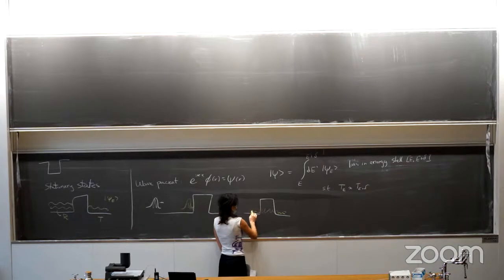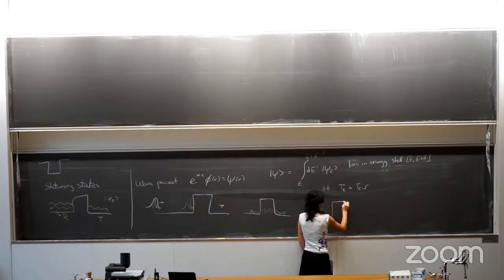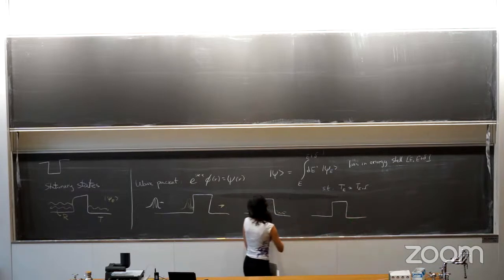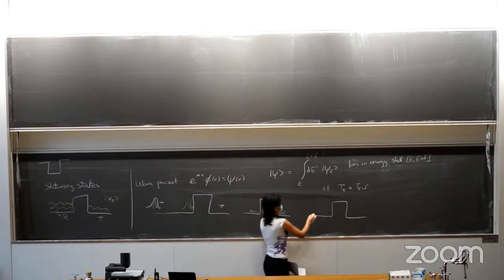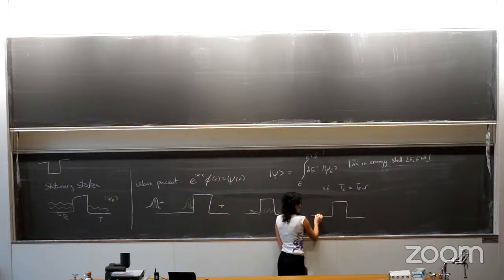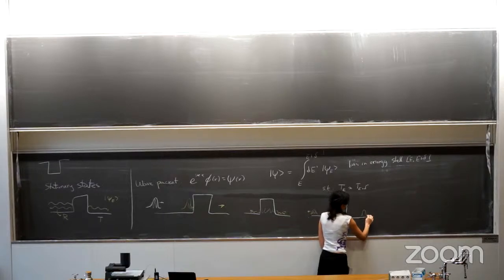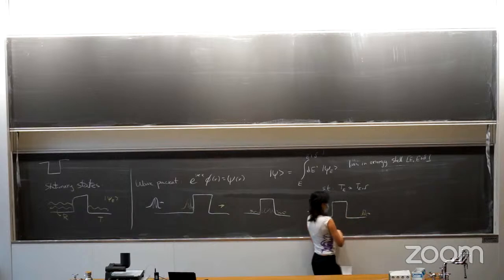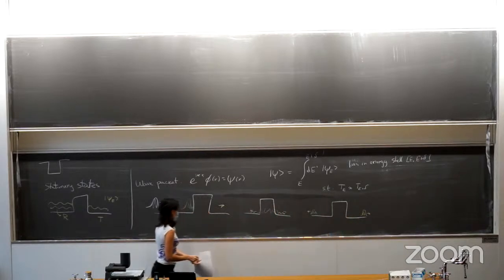And then if you wait enough time, it's going to be approximately, so this is the case of a scattering state, right? It's going to be approximately, again, a little wave function going this way and a little packet going the other way,